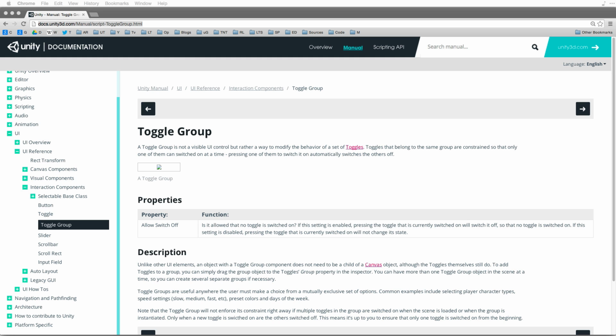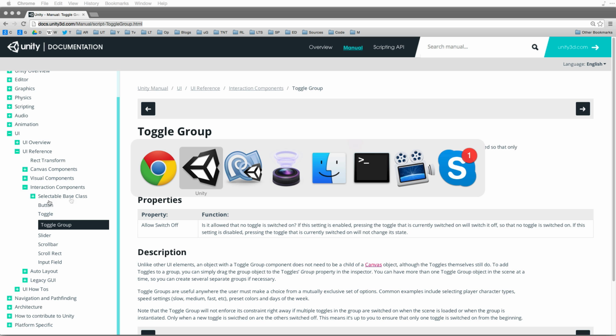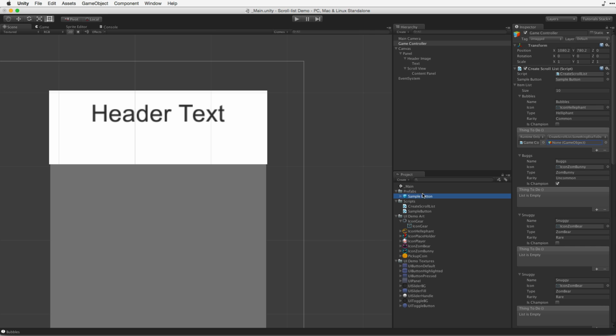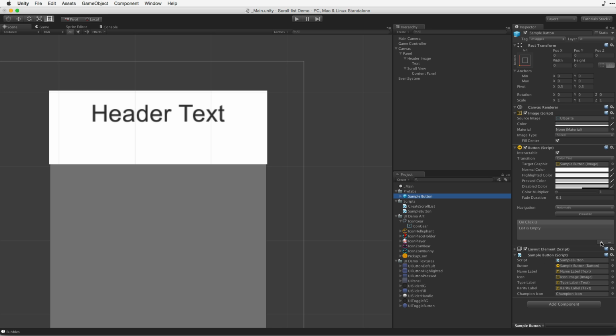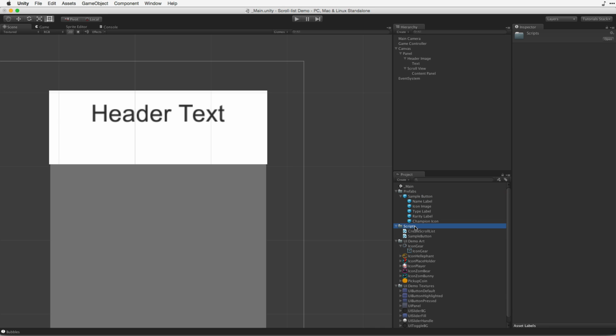PSPK 6, I see that you're asking the question. I'm not sure I understand the rest of it. I had the on-click event in the simple button script and assign it in the prefab. Will it work? I think I know what you're asking is, can you do this and then try to hook something up? The hard part that we have with this is you can only attach this if it's attached to the prefab itself. So if you had a script that was standalone,